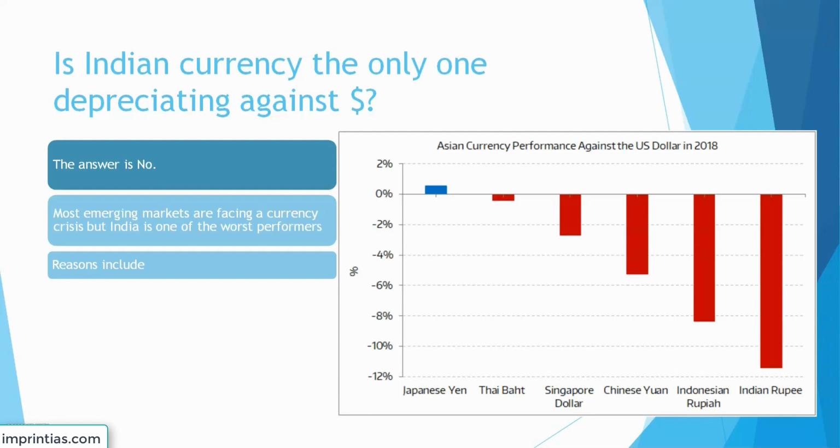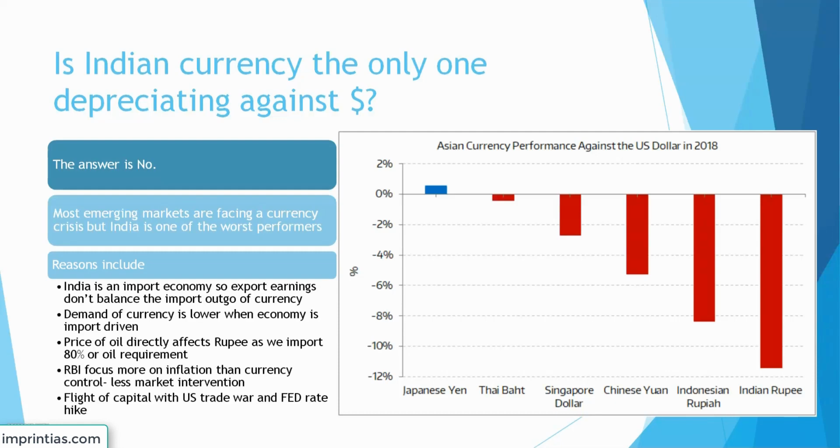The reasons why we are the most affected are that, one, India is an import economy. We are not really exporters. Our major exports are textiles, diamonds, refinery products and services, but that's not a significant chunk. We always have a current account deficit, which means that we import more. If there is more import happening versus export, then obviously we demand more dollars versus someone who's exporting demanding Indian